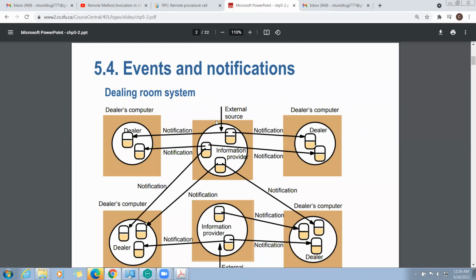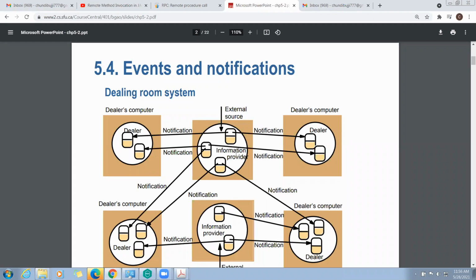Here the middle one is the external source, and the left side one and right side one are the dealers' computers. In the external source, suppose this is a stock room. In the stock room, we have the information provider.